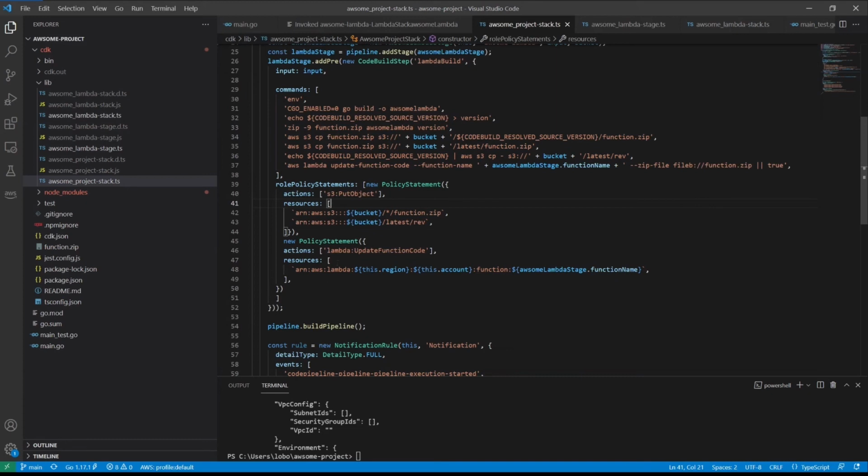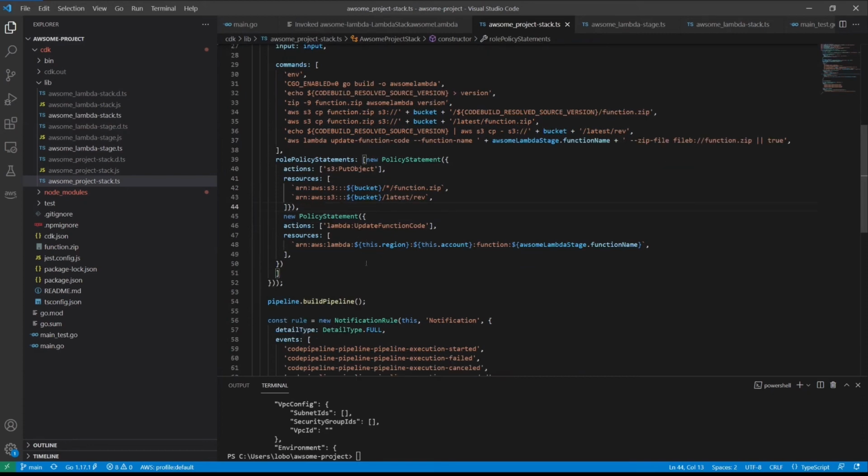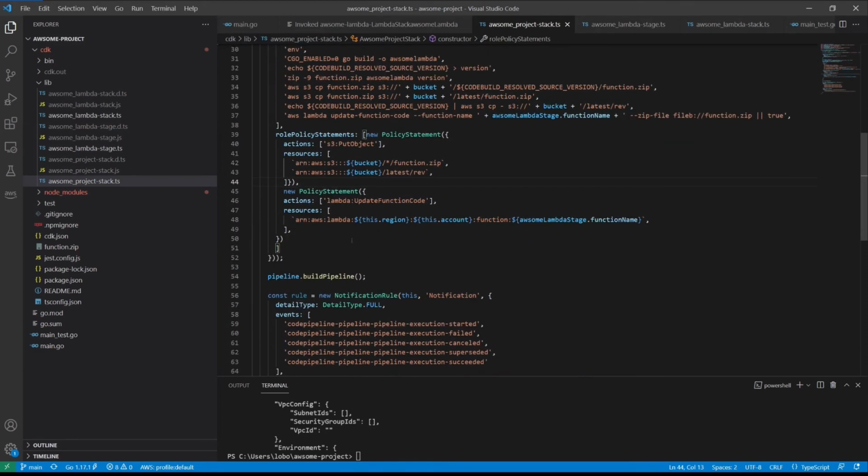So we need to be able to have permissions to put the S3 objects out into the spaces that we've talked about. So we give permissions to the build stage to only add in objects into those specific areas that I talked about earlier. And then we need to be able to update the function code for that particular Lambda function. So we'll add that policy statement as well.